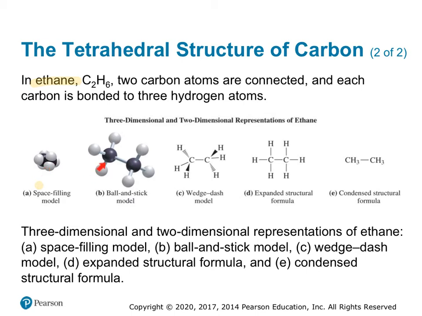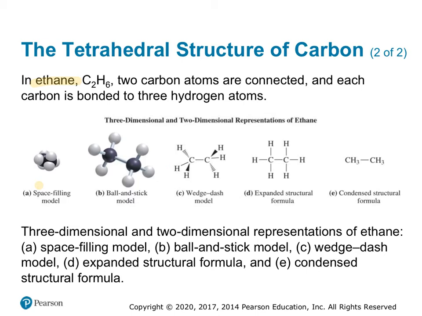We can visualize the bonds a little easier here with the ball and stick model. We see 2 black carbons and then 3 white hydrogens and 3 white hydrogens on the end. The wedge and dash model, again, shows us the carbons that are coming out toward the paper, then the dashes showing the carbons that go behind the paper, and then these hydrogens and carbons would be considered in the plane